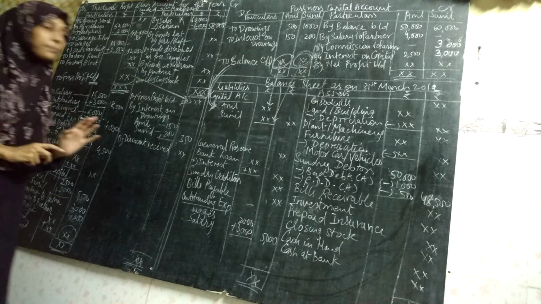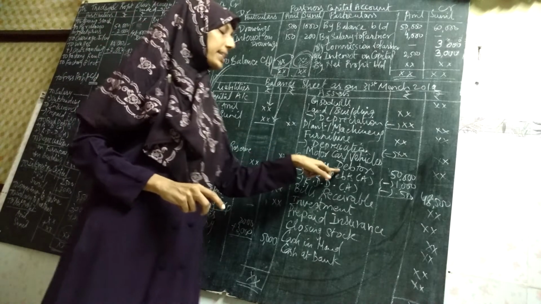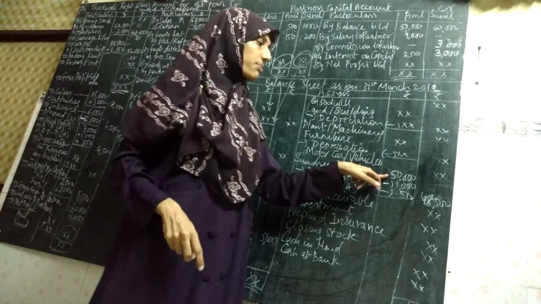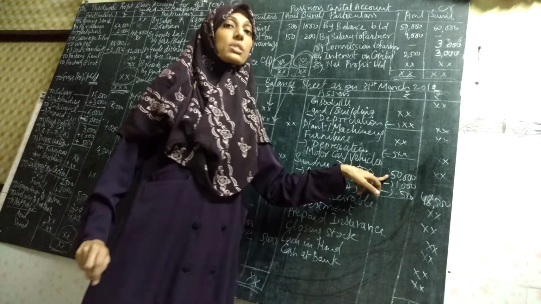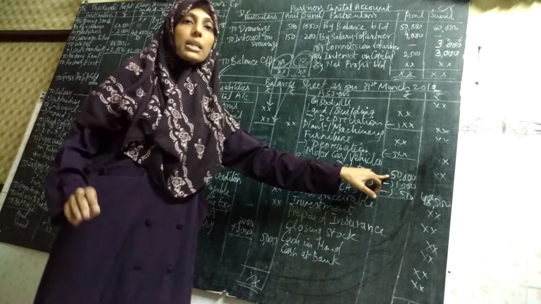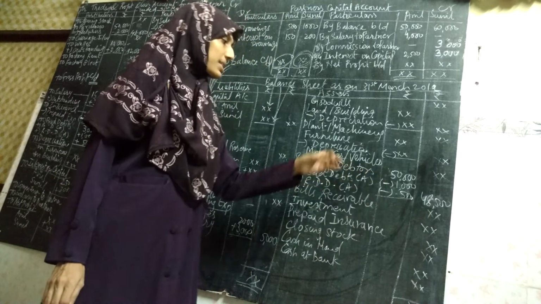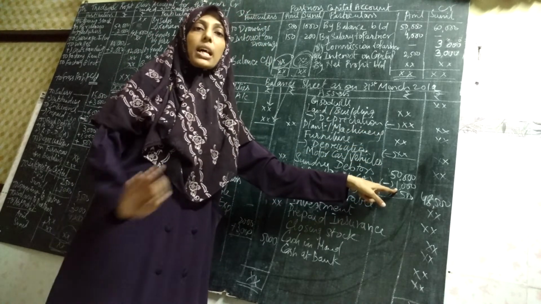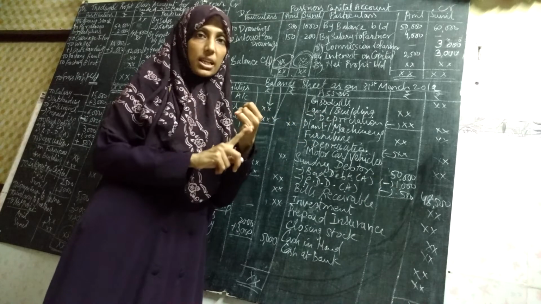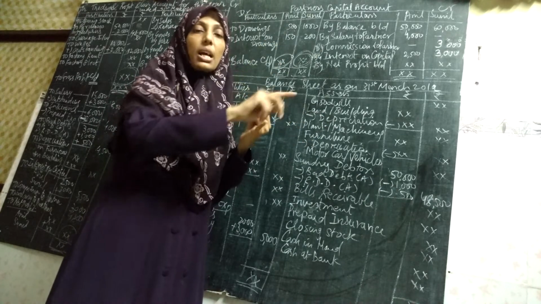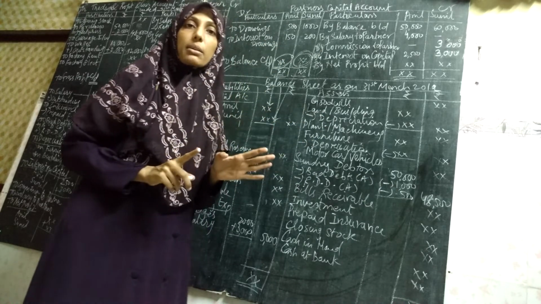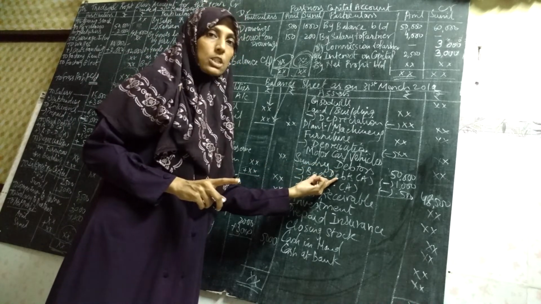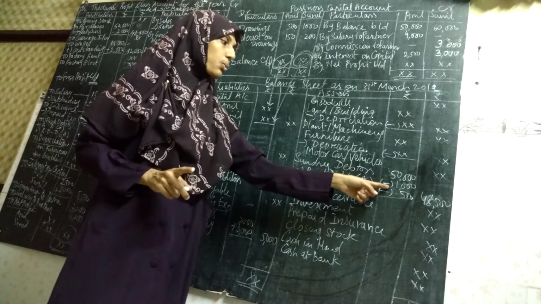Okay. Then next one is sundry debtors. Who are the debtors? Debtors are nothing but the customers. Now I have to receive 50,000 from the customers. But at the end of the year, I came to know that some of the customers, say for example one of the value 1,000, are not turning back. They have taken the goods from me and they are not coming back, they are not giving me money. So what are they? They are called bad debts. From the adjustment I came to know bad debts are 1000.